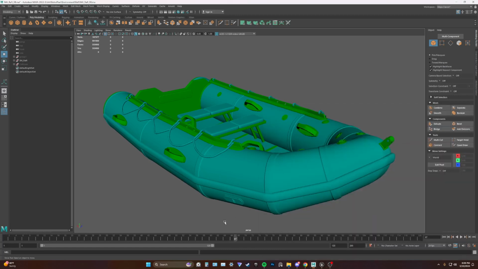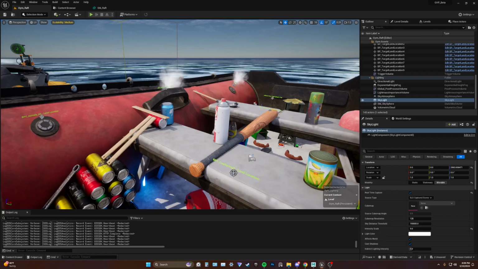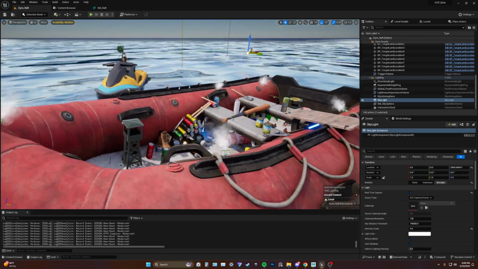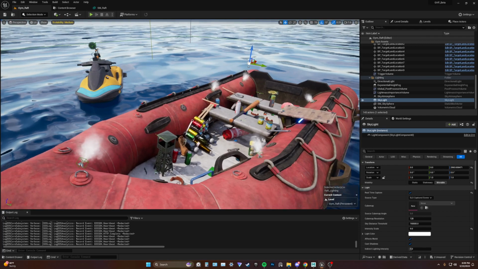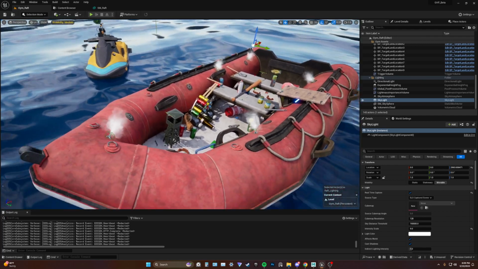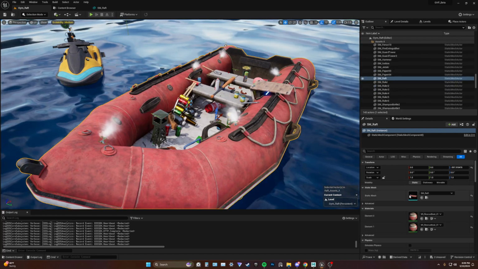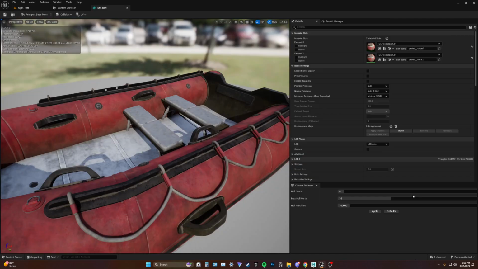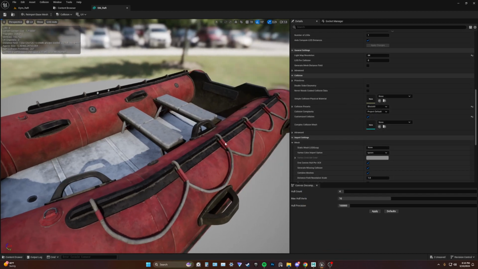So I wanted to show you quickly the collision that I made for the raft. Now it's going to be for the big level, so it's a little bit more of a complex collision, I would say. And the way that I did this is still much cheaper and much more accurate than turning on detailed collision. So what we're trying to do here is we never want to use complex collision as simple, and